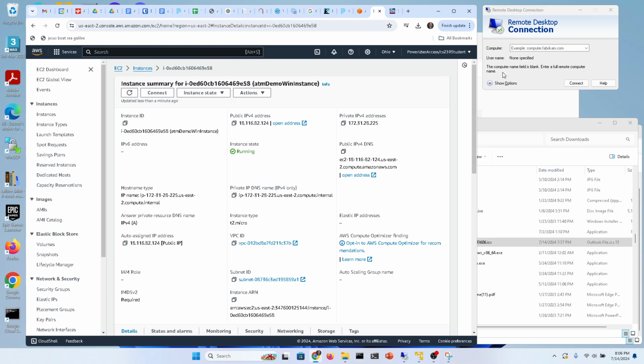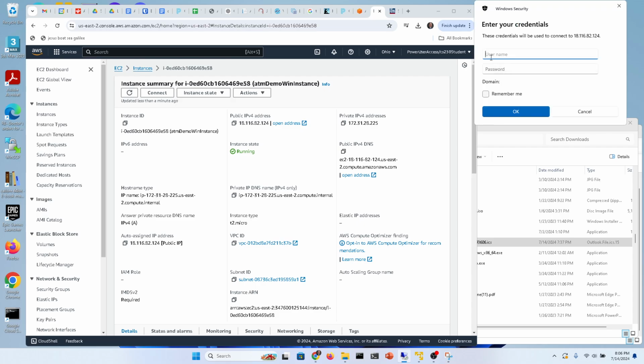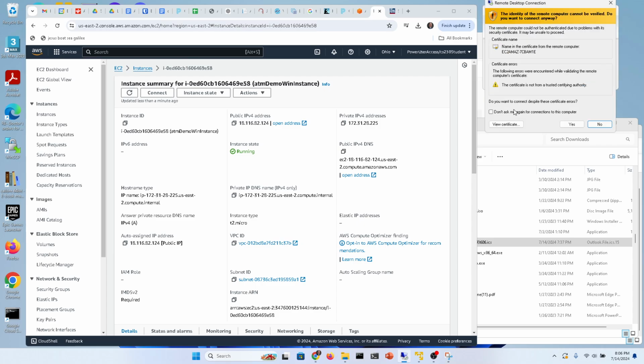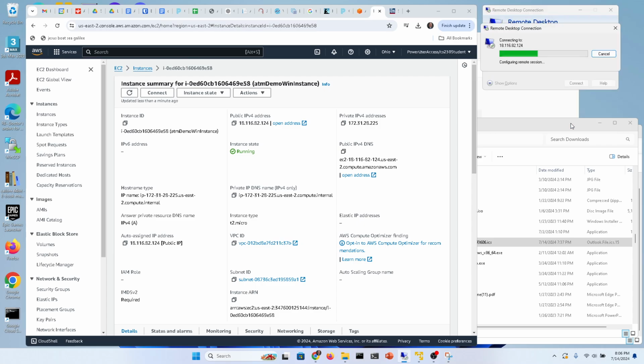So I'm going to come over here and put that in Remote Desktop. 18.116.82.124. And I'm going to connect with the administrator and the password that I decrypted using the PEM file. If you want to remember it, just fine, but I'm going to be deleting this, so I don't need to remember it. If I'm going to keep this running, I would save that password,